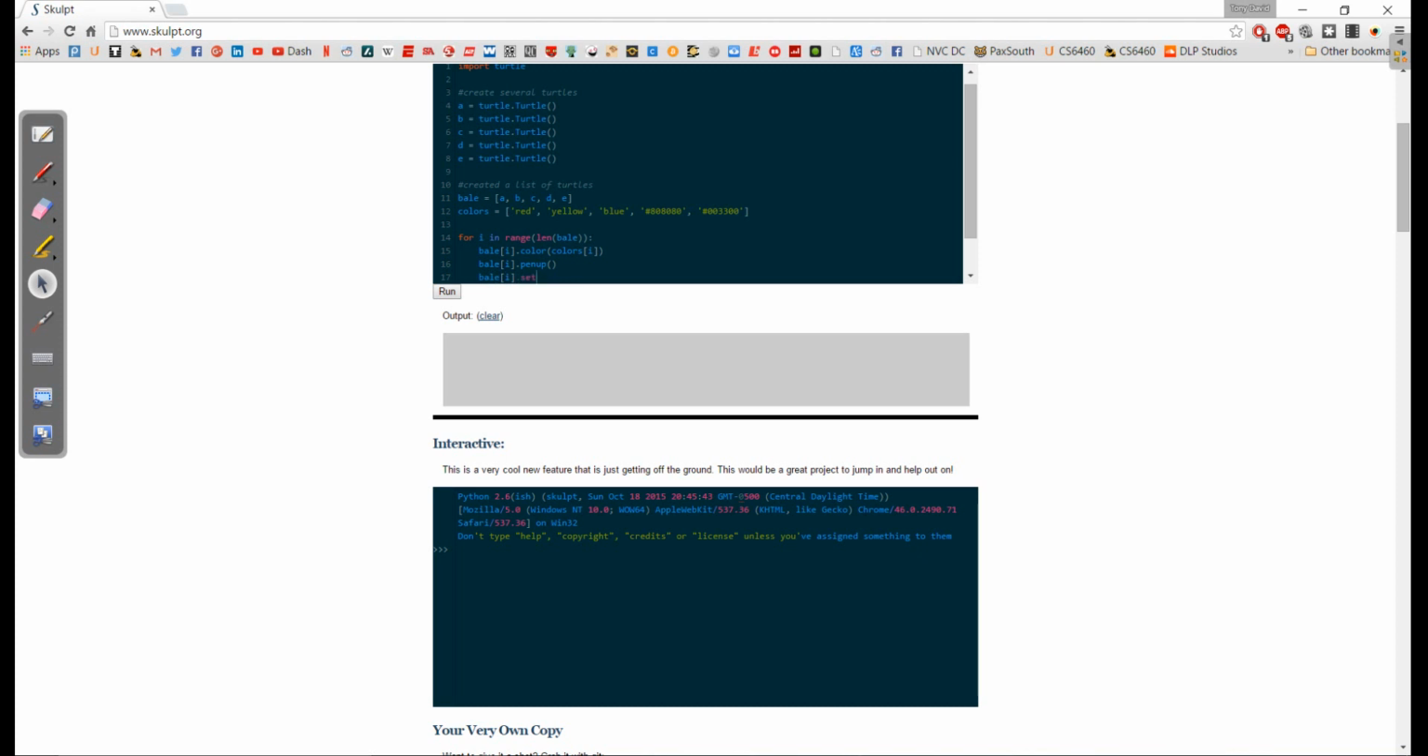So I'm going to do set position. And I'm going to set each position to -50 times I plus 50. And I'm going to do that for the X coordinate and for the Y coordinate. Now what I'm actually doing is a mathematical formula to figure out what its X and Y position should be. Remember that I starts at 0, so it's going to be at